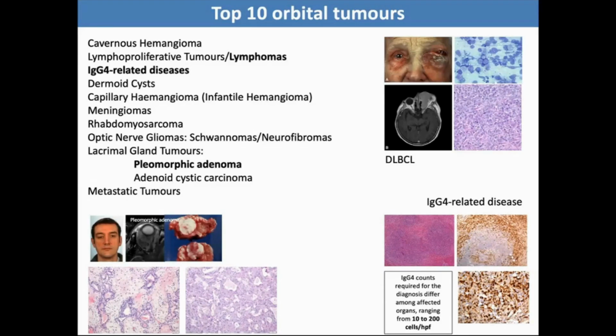And in such conditions, clinicopathological correlation is required with assessment of serological alterations. And it's also important to consider that IgG4 related disease can, with time, in a certain proportion, undergo malignant transformation